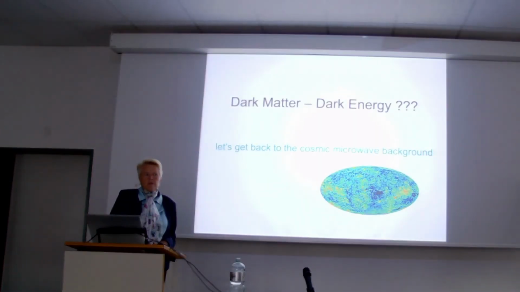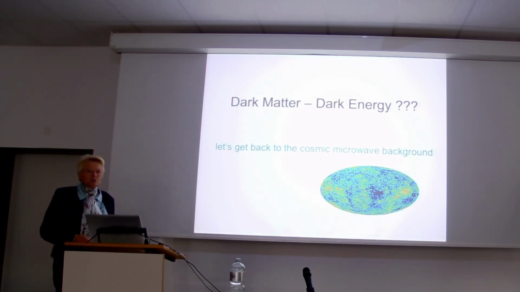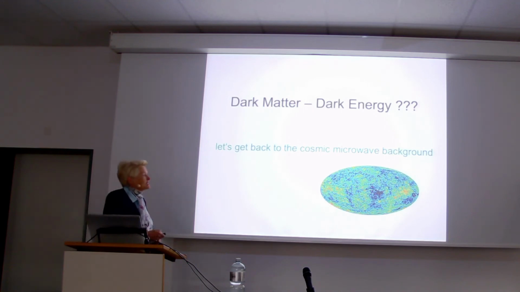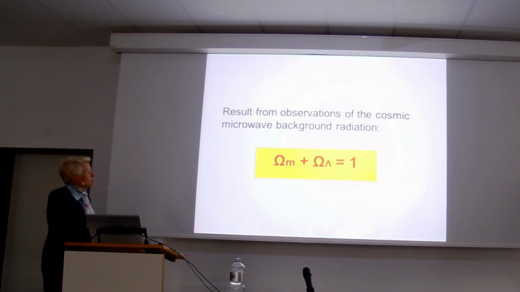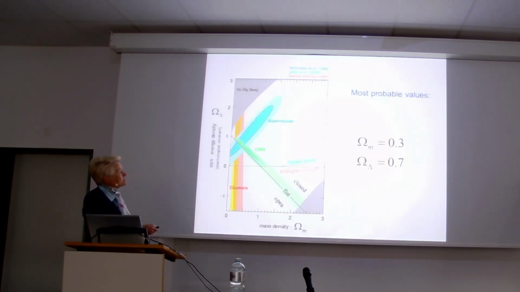Okay, now we also want to know how much of this dark energy is in the universe. And we go back to our cosmic microwave background we have seen already at the beginning of the talk. I pointed out that it is important that there are some anisotropies in this distribution here, but there is much more in these anisotropies than just that they are there. You can do some statistical analysis and complicated things, and when you do this, you find an interesting result. You find that the sum of these two quantities, the matter density and the dark energy density, is 1. So the sum of these is 1, and as we know the omega matter, the matter density,